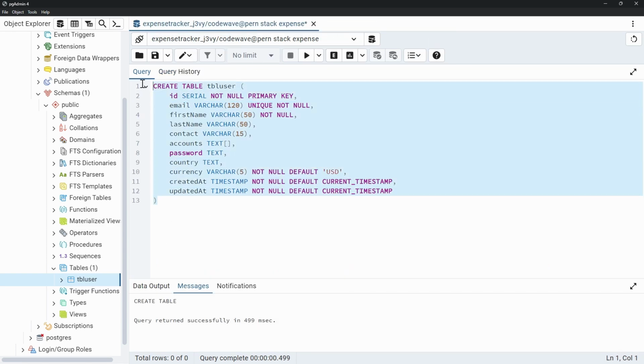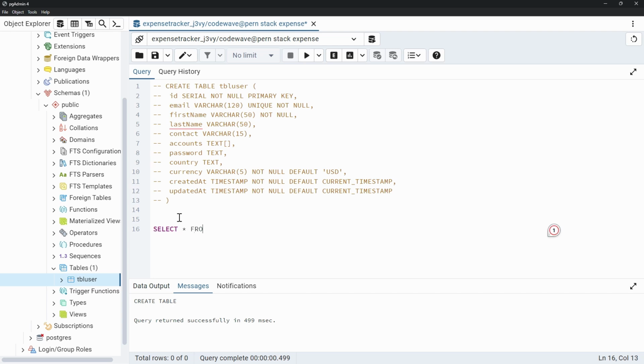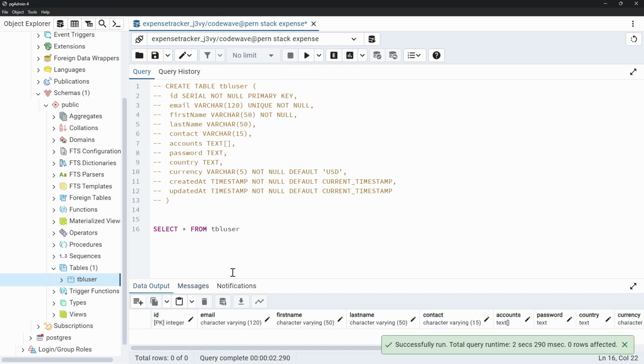Now we can also use a query. I'll comment this out. We can use a query like select, then we put star. The star means all fields, from the table name tbl_user. So we are selecting all fields from the table. If I run this, we should see the result here. Likewise, we can also specify the fields we want to select. I think I can just put it like this: select first name and